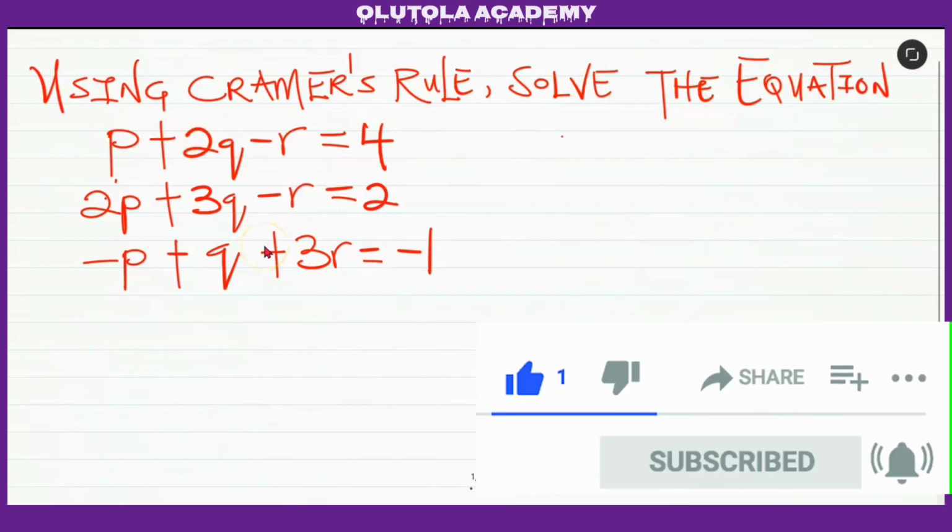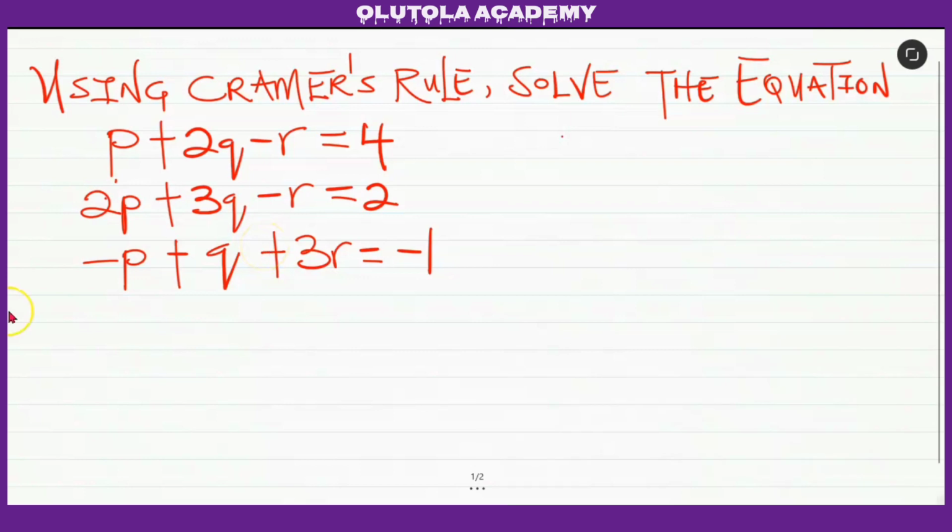The first thing I'm going to do here is form a matrix. The matrix will be formed from the coefficients of the unknowns. The unknowns here are P, Q, and R. So I'm going to form a matrix from the coefficients. Of course, you know the coefficient of P here is 1, coefficient of Q here is 2, coefficient of R